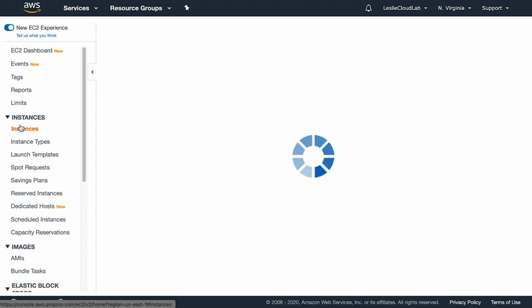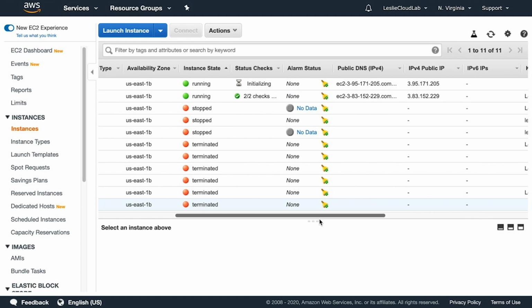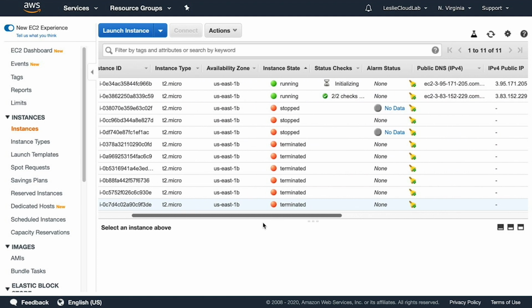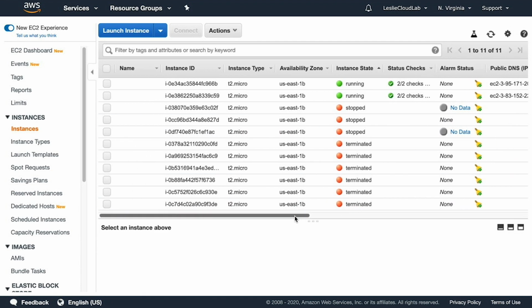Let's go over and look at EC2 and see if our instance that we just created with Terraform is up and running. Almost there. So this is the instance that we just created. And it's in the initializing stage. So let's go ahead and let that come into a full running state after it passes its status checks. Okay, great. It passed its status check, so we have a fully up and running EC2 instance that we created with Terraform. So now let's go back to our terminal,